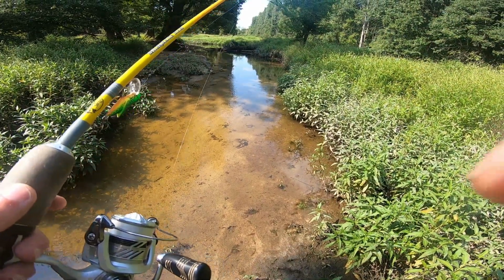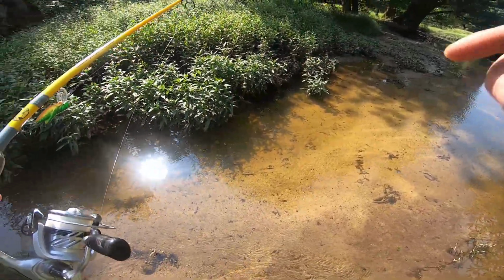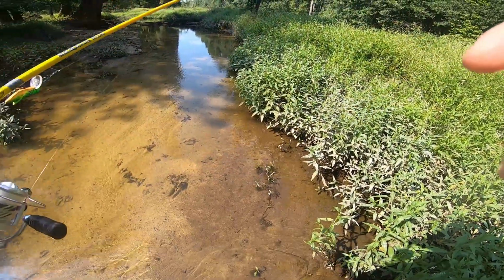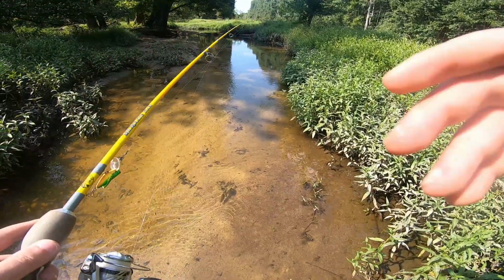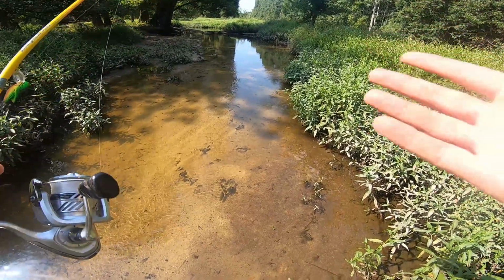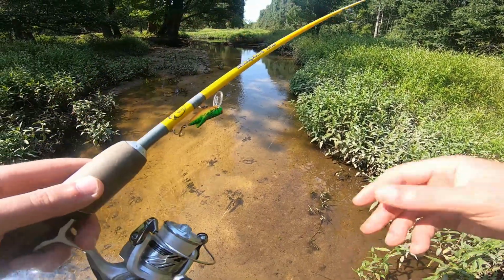All right, people. So this is the situation we're dealing with here. We got pretty clear, shallow water here in this stream. Lots of vegetation and grass growing along the edges here. Got the ultralight set up. I actually came out here with the medium spinning set up at first. But once I saw the water, I knew this was more of an ultralight situation. So I went back, got the ultralight, got this